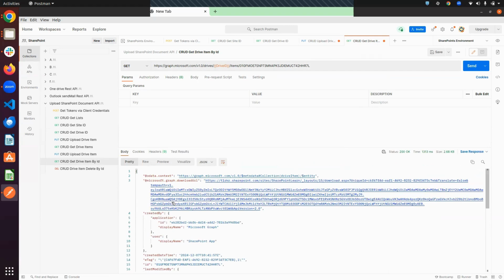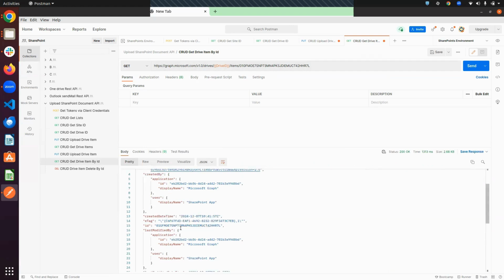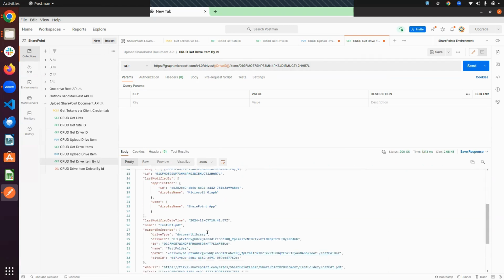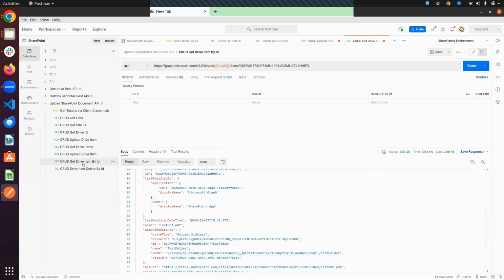We can see the detailed information: your document download link, document ID, name, and file name also. You can see it right here. So multiple information is available, so use this API also.